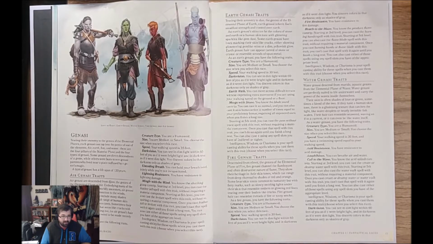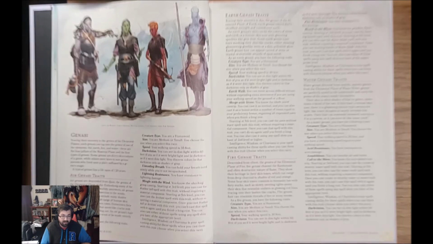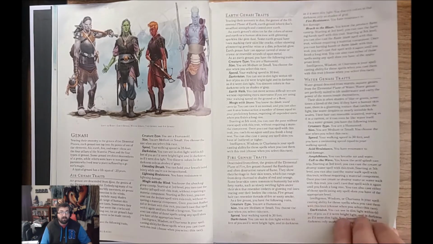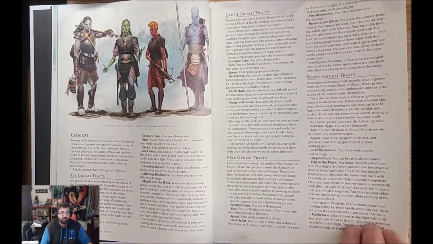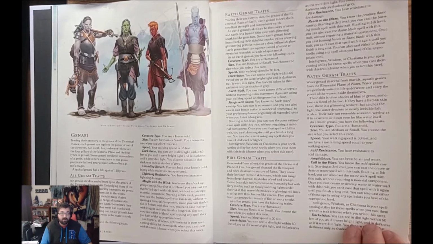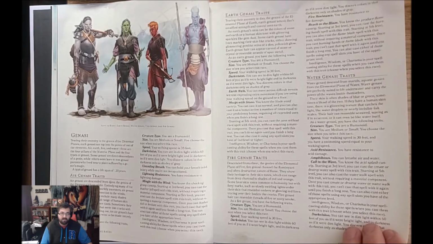cantrip. Starting at 3rd level, you can cast the Feather Fall spell with this trait. Starting at 5th, you also have Levitate. Once again, you can use your spell slots. Intelligence, Wisdom or Charisma is your spellcasting ability, so you can choose which one you use. Just don't mind the message. Merge with Stone. And you also have Earthwalk. I can't remember if those things have changed, but I know that at the very least, Darkvision has changed